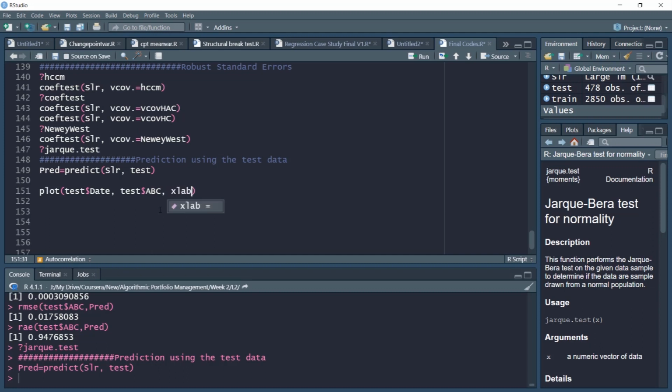On the x-axis we have date, and on the y-axis we'll have ABC returns. Or rather, let us call it returns. We'll use the title predicted returns versus actual returns.